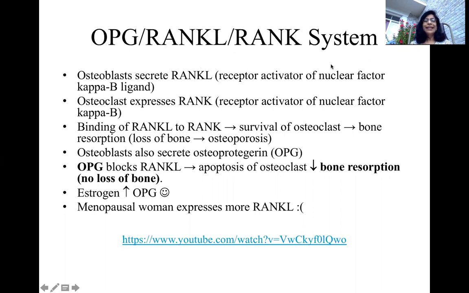So let's understand this as best as we can. Osteoblasts express RANK ligand. What does RANK stand for? Receptor activator of nuclear factor kappa B. It's a mouthful, so you could simply abbreviate as RANK ligand. One thing I want you to pay attention to is the receptor activator part. So this is the one that activates a receptor called RANK, okay, which is expressed on the monocytes or the